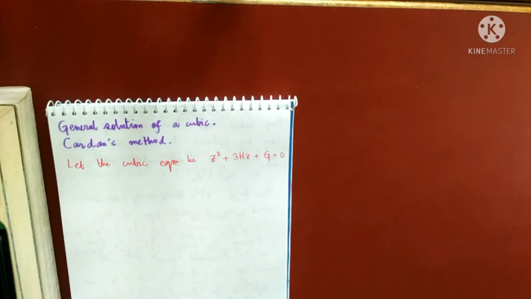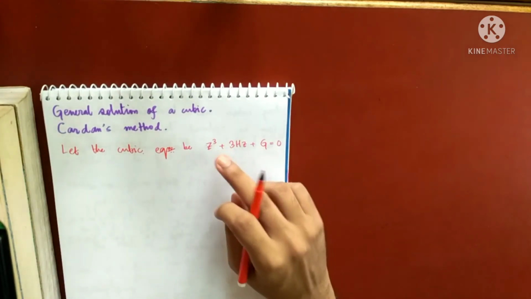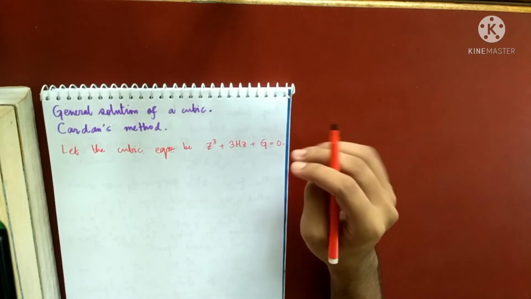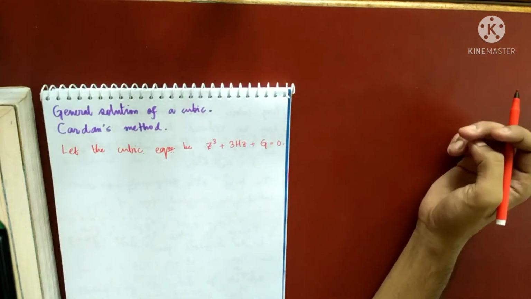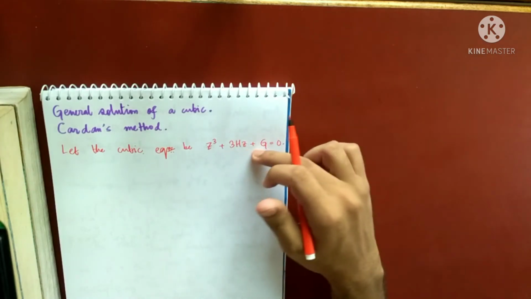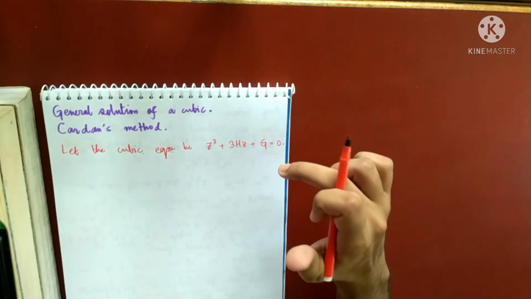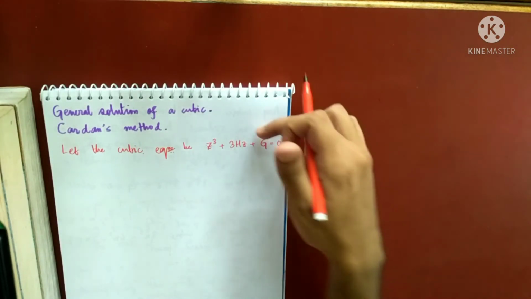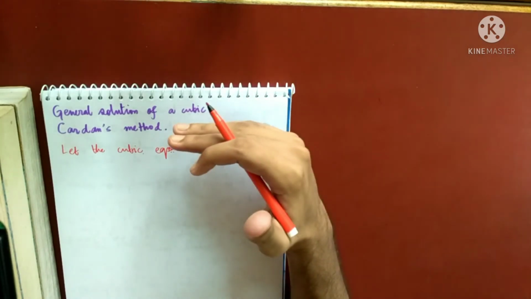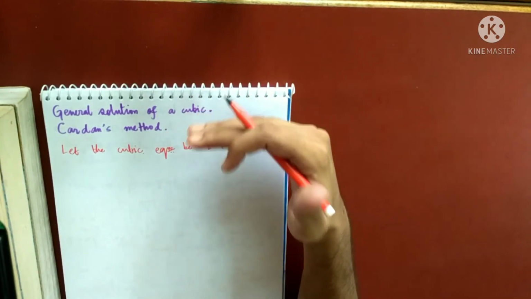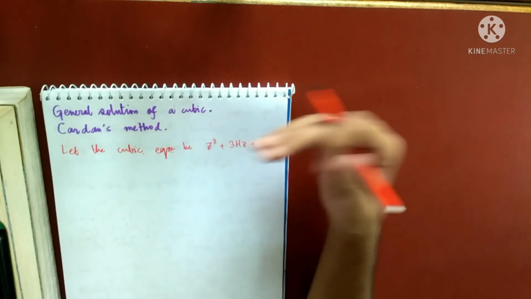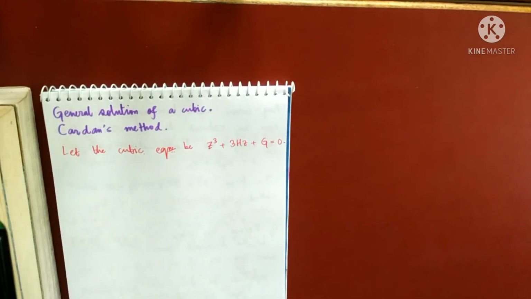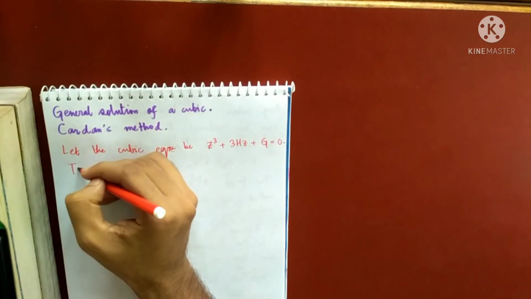I know any cubic can be reduced to this form. So to apply Cardan's method, you have to first reduce the given equation into the standard form. Then only you can use Cardan's method, because Cardan gave a way to solve this cubic. So if you are starting with any cubic, first reduce to this standard form and then apply Cardan's method. So what is Cardan's method? It is very simple. To solve this,